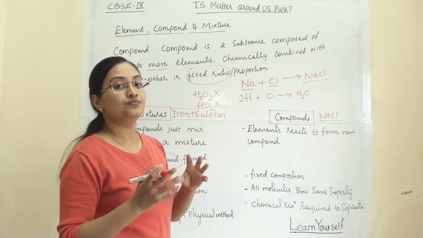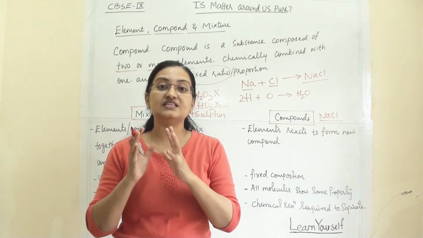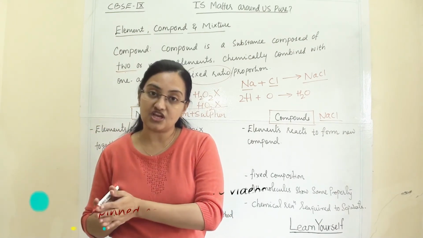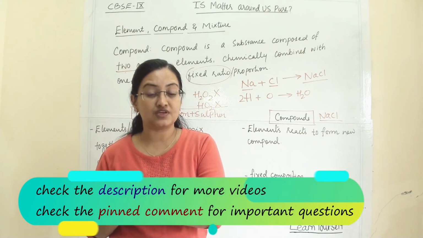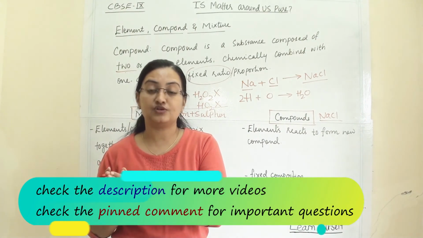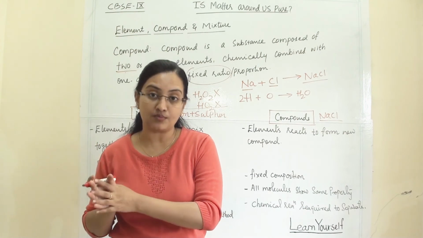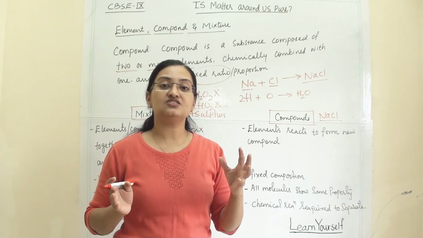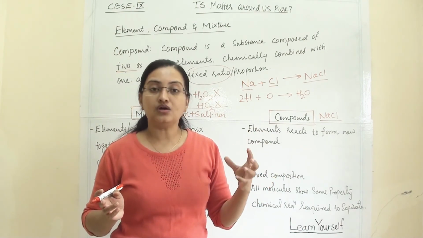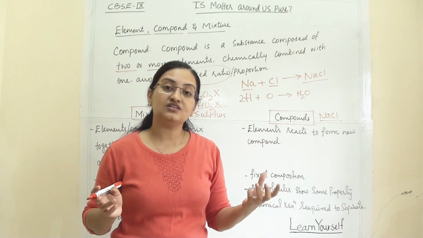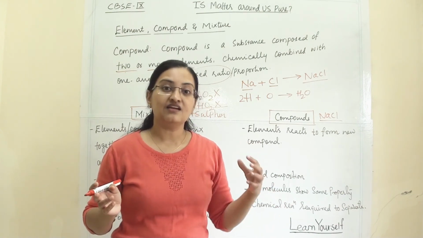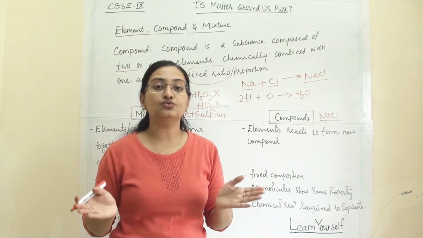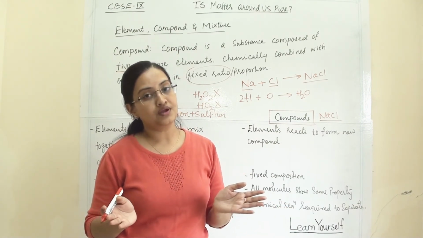Basically you have to remember that a compound is a chemical compound. It has gone through a chemical change. So its set of properties is fixed, its proportion is fixed. It will show specific characteristic properties throughout the molecules. Whereas a mixture is just a physical mix. All the constituents or components will retain their own property and we can separate them by a physical method. So these two things are very different from each other.